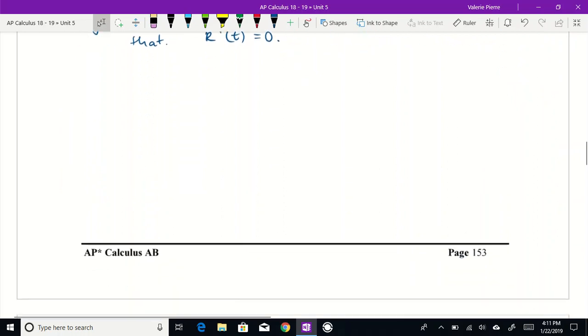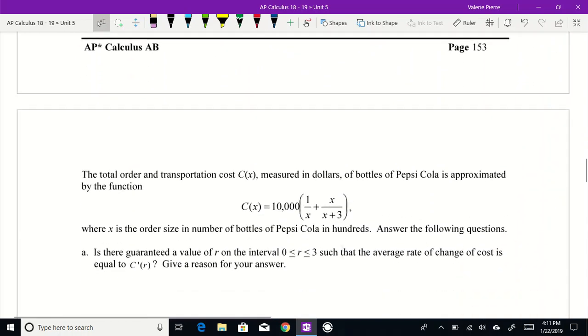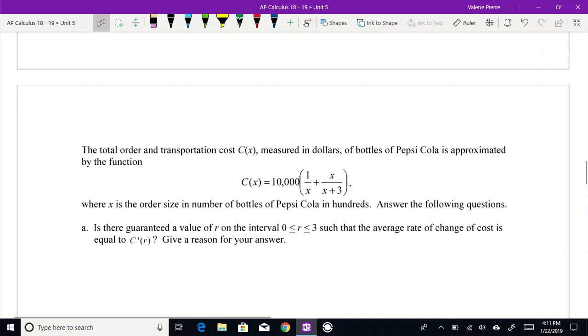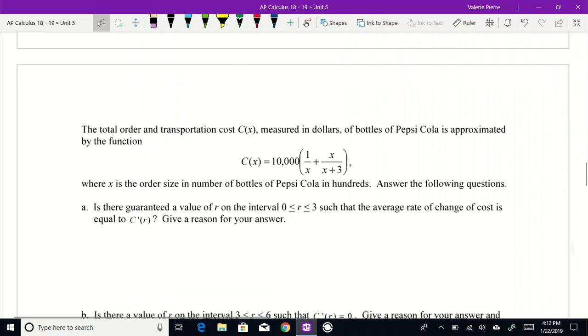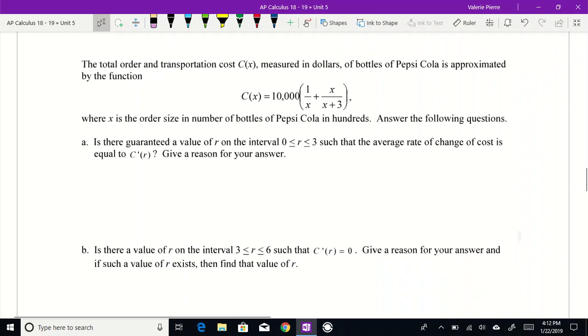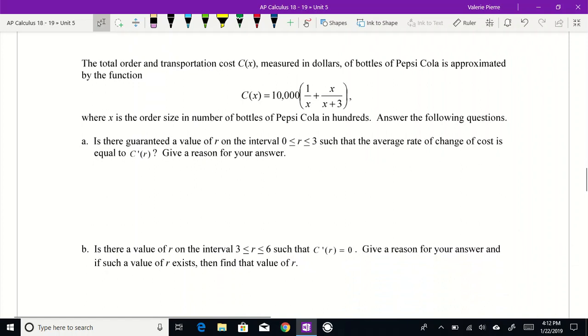All right. For our next problem, we are given an equation, and we want to figure out a few things. So we know that the total order and transportation cost, measured in dollars, of bottles of Pepsi Cola is approximated by this function, where x is the order size in number of bottles in hundreds. Answer the following questions. Okay. So first thing I want to do is rewrite this equation so that it doesn't have multiple fractions in it. So this can be rewritten as 10,000